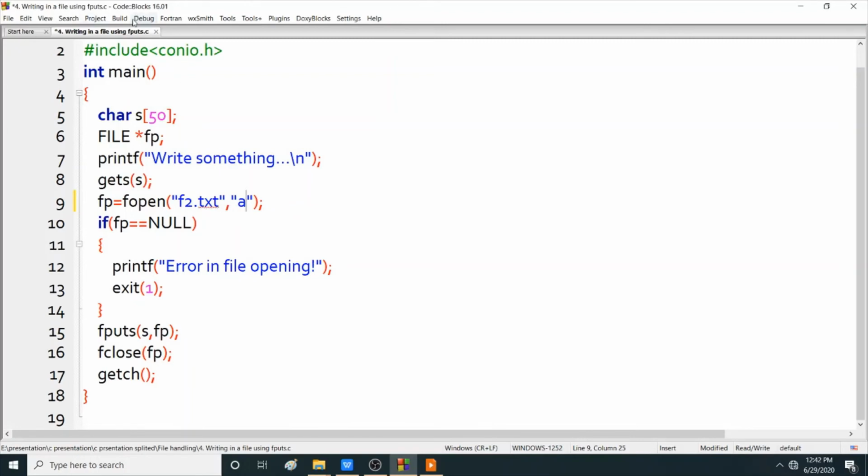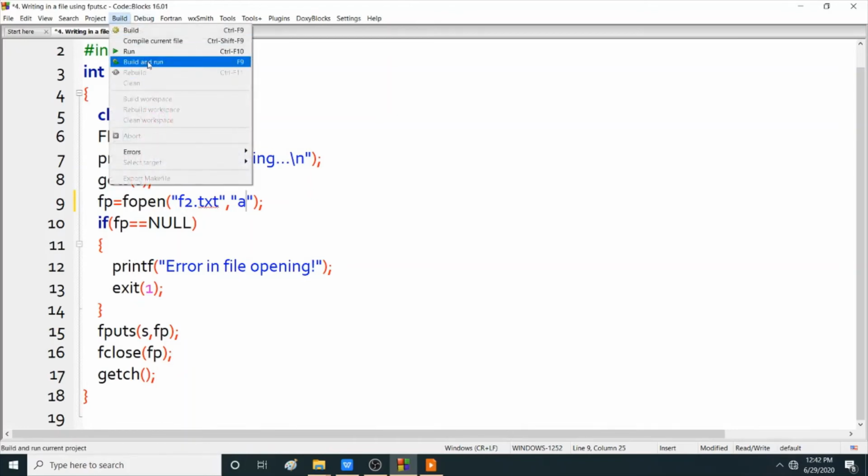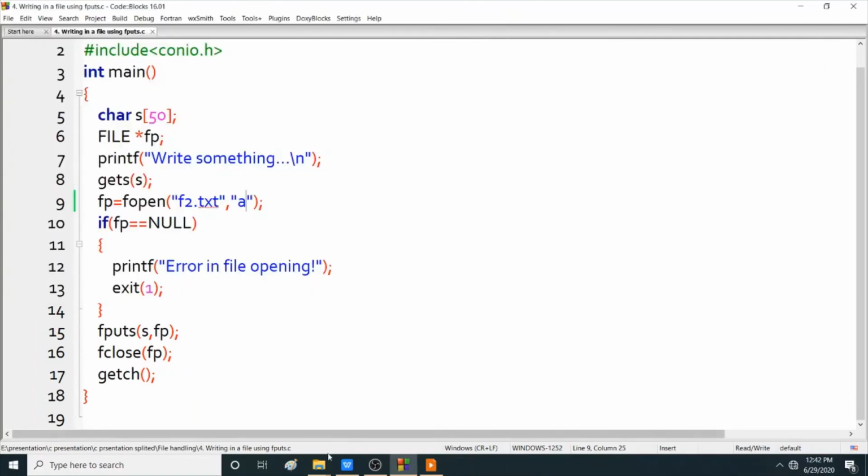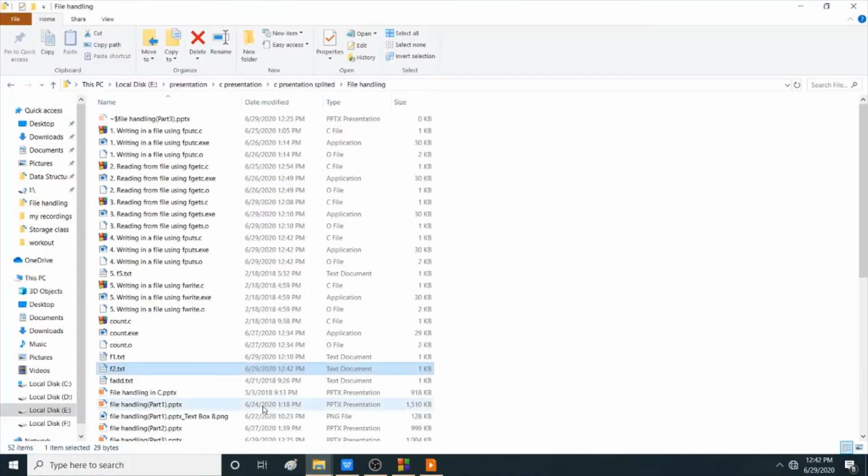So when we run the program, I write again. I want to open that file f2.txt.